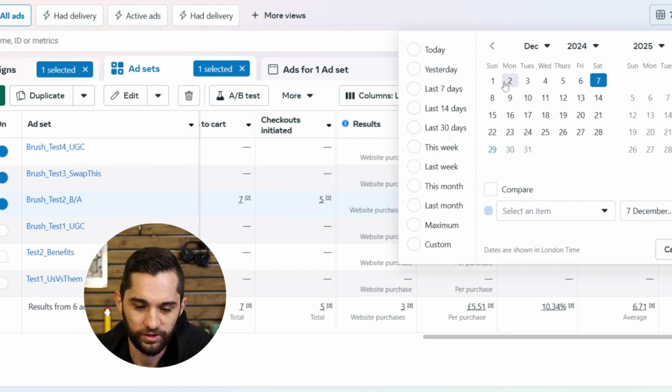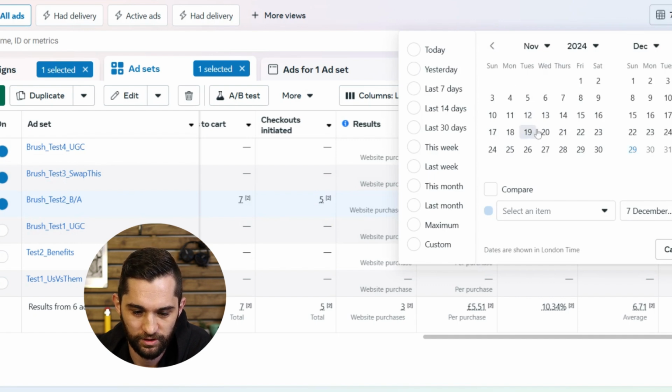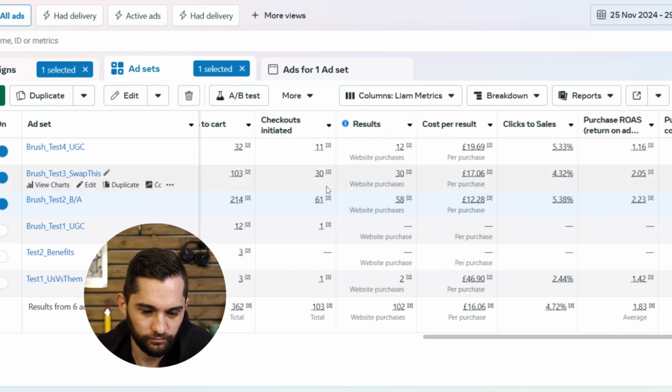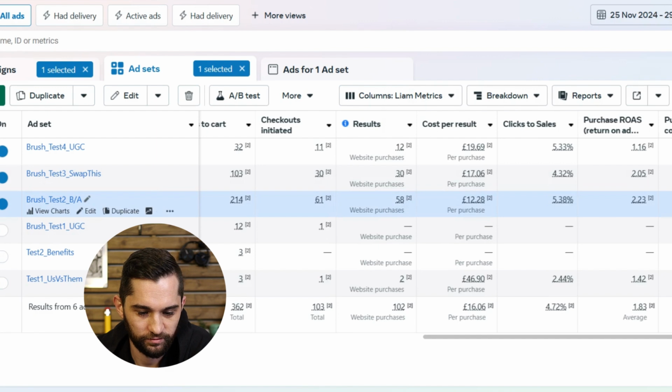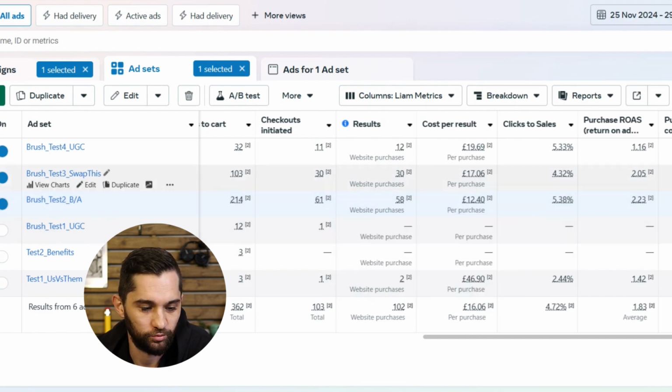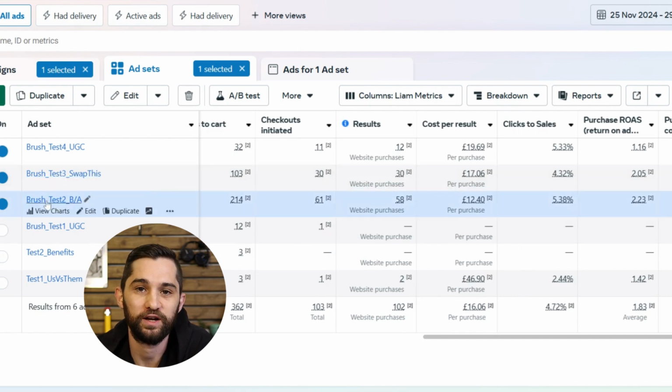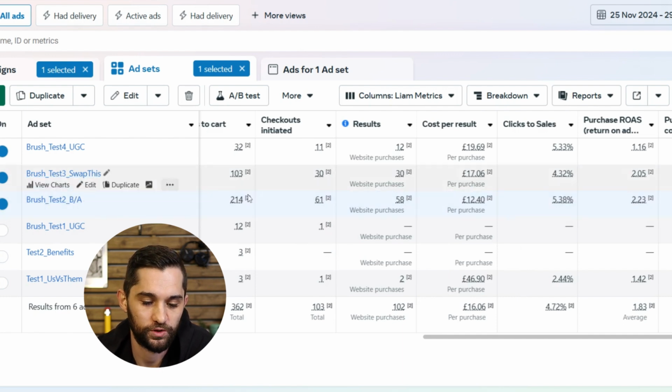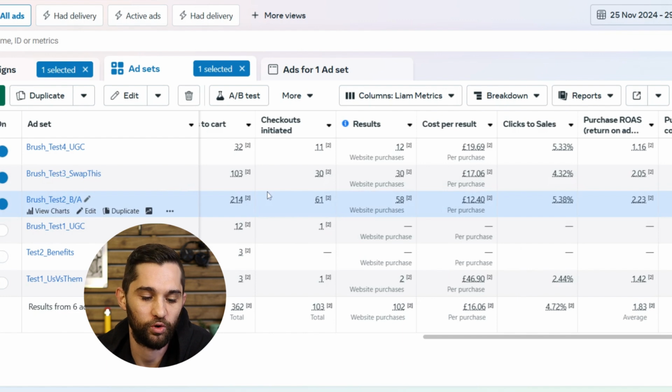So I want to just show you the full data range for this entire testing campaign, from the day that we launched it until December 29th. And we can see now we've got 58 purchases for this ad, which I'm going to show you in a minute. We've now got a test, which is a variation of the before and after ads, which have worked well. We're doubling down on what's working, giving Meta more of what works to keep reinforcing that this is a good